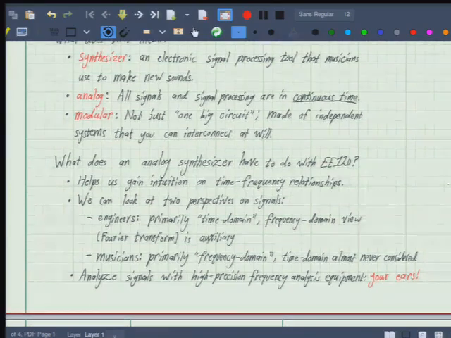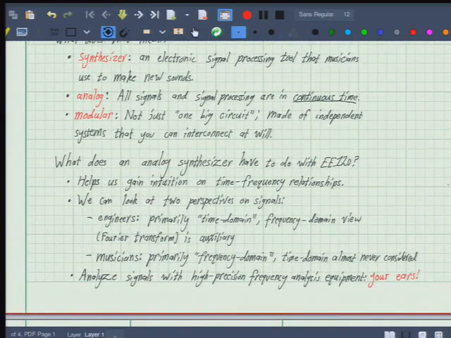Another thing I wanted to highlight is the two different ways that you can view these signals. I've labeled them as the way engineers think about them and the way musicians think about them. Maybe that's not a completely fair representation, but I've noticed there are two camps of people when it comes to these signals. There are people who think of them as time domain entities first, where we define signals in terms of time, and then we take their Fourier transform to get their frequency representation. The signals are time domain citizens first that have a useful auxiliary representation in frequency domain, but that's just it, a useful representation. And that's the view that I think a lot of engineers tend to have.